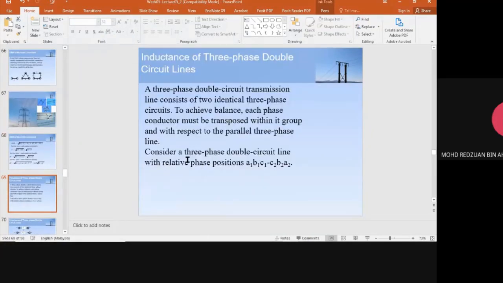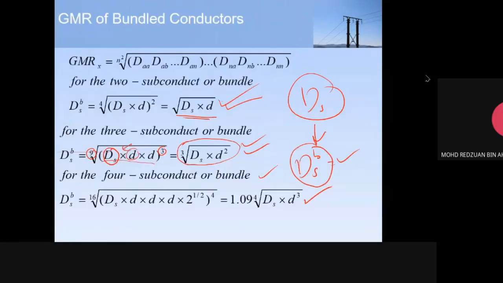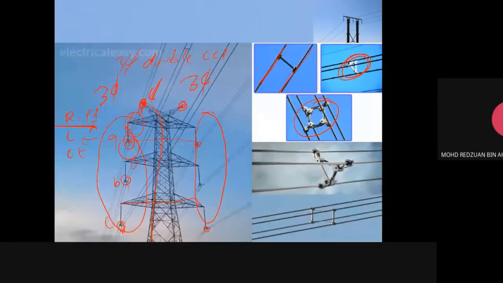Now we move on to the 3-phase double circuit transmission line. So we try to finish this slide first, and then we will do the exercise. For 3-phase double circuit, as I mentioned, in real life we use 3-phase double circuit most of the time. We didn't use single circuit like this. On the top of this slide, we have a single circuit tower, right? This is red, yellow, blue. This is single circuit. We didn't use this one. It's not cost effective. So we build the tower with at least 3-phase double circuit.